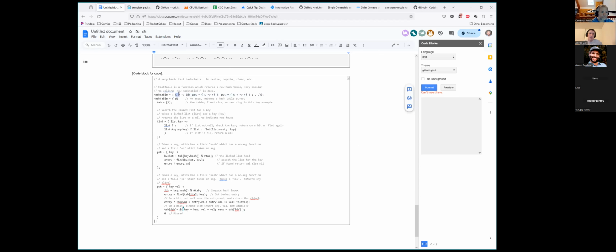These are type variables, right? I'm defining a type function. The type variables K and V for key and value. And then I return a type, which is a function which returns a struct, which takes a get, which has a key, returns a value, put, and so on. But this is a type function.